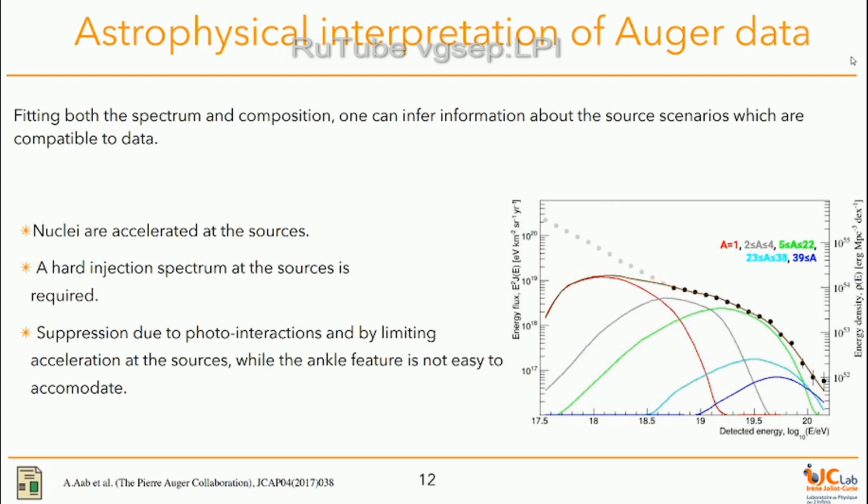So if you want to explain this feature at 10^18.7, you have to take into account other astrophysical scenarios. For example, in a paper by Aloisio, Berezinsky and Blasi, a second component is described here. What we want to know is whether, with the data that we have, we can minimally extend this scenario in order to get information about what happened below the ankle. With this astrophysical model we can't, but we can get information about what happened below by just taking into account the distributions that I showed before.